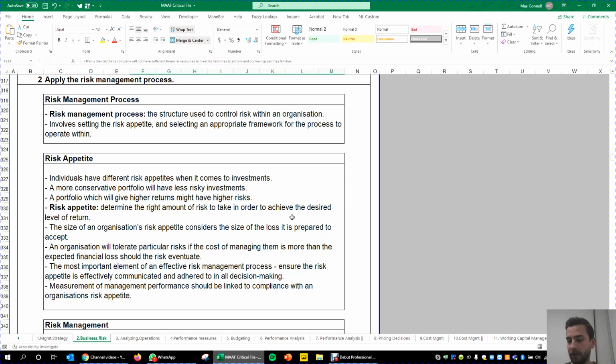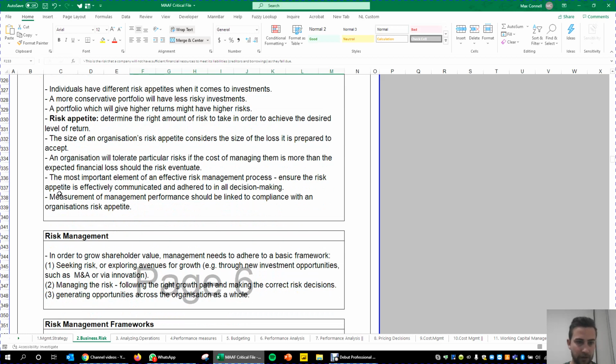For example, you might be a hedge fund who's willing to take a high level of risk in your investments. Alternatively, you could be a pension fund and you're dealing with people who are very close to retirement and you've got a very low risk appetite. So there's no one straight answer. Every different company may have a different risk appetite, but it's just identifying it and then setting the framework in place so that the actions of the company stay within the risk appetite of that particular company.